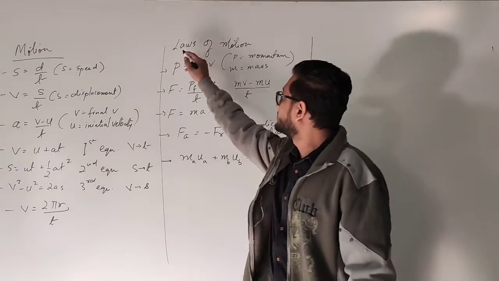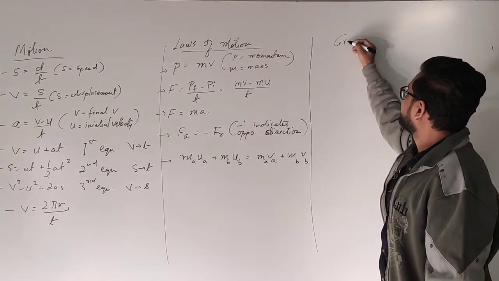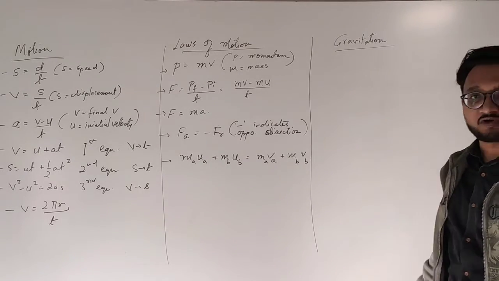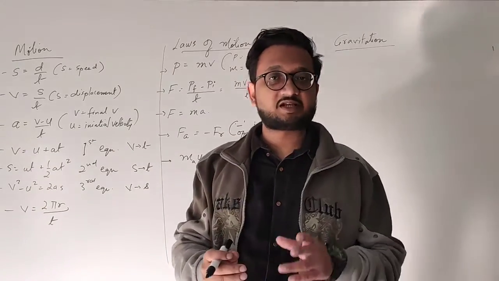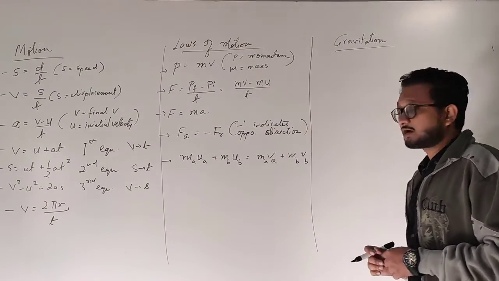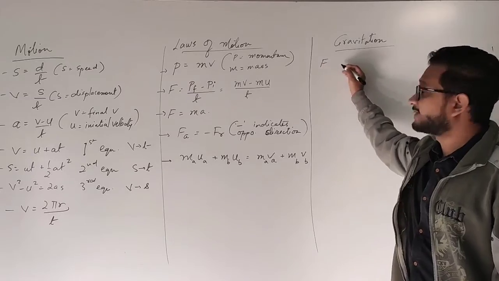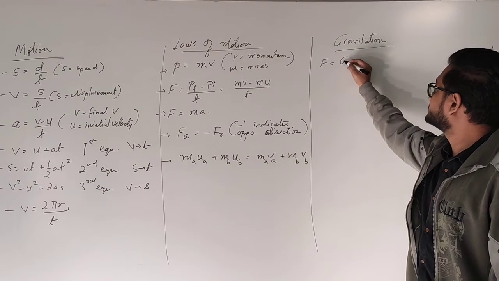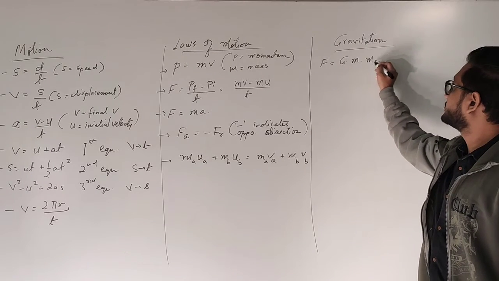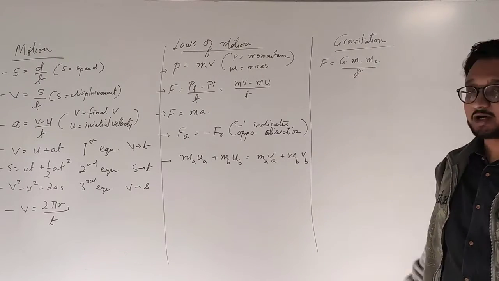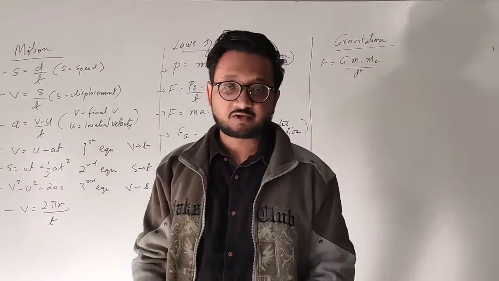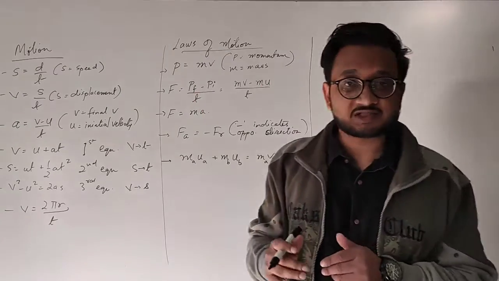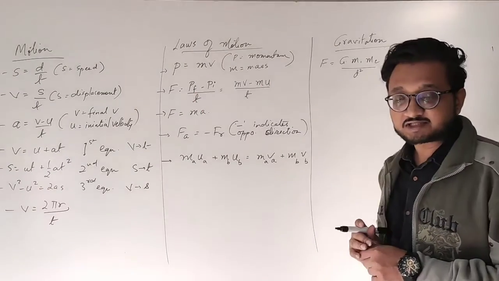Okay, students. So the third chapter, that is gravitation, for that also we had quite a few formulas. Starting from the very first, that is the law of gravitation, once again given by Newton. So Newton's law of gravitation, we had force proportional to m1 m2 upon d square, which can be written as force F is equal to G into m1 into m2 upon distance square. The force of gravitation is equal to the product of mass of the two objects divided by the square of distance between them.